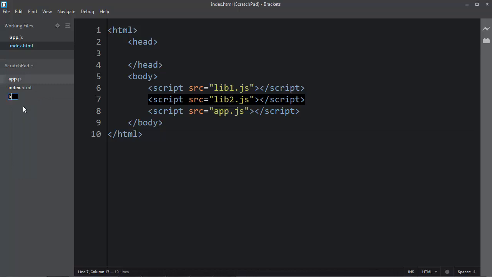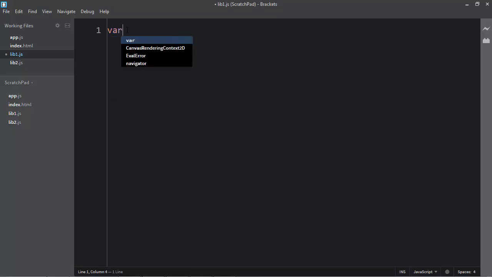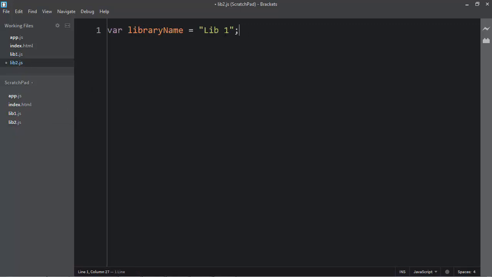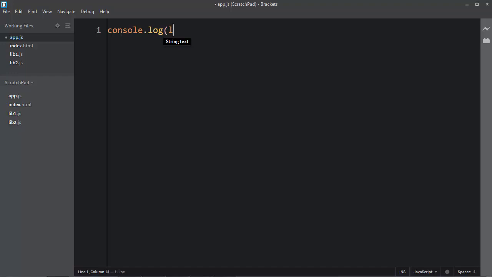Now, I'm going to go ahead and create those: lib1, lib2. And in library 1, just for an example, I'm going to go ahead and set a variable. Let's say I want the name of the library. So the library name, this is lib1. And this, suppose, is written by one person, and lib2 is written by someone else entirely, but they also create the library name, lib2, the same variable. So what's going to happen? Well, when you look at the app.js file, and I console.log library name,